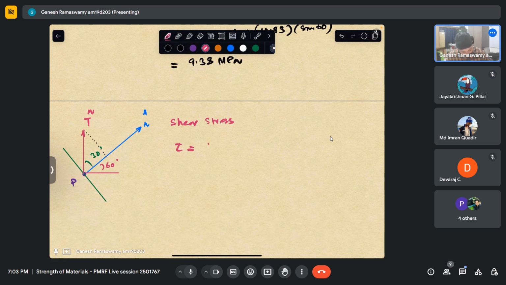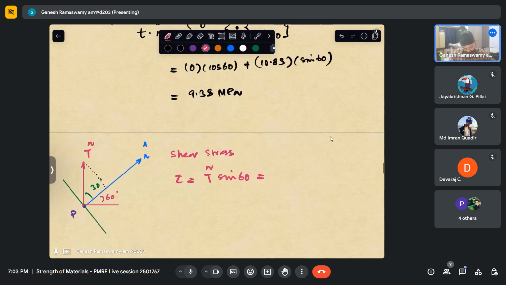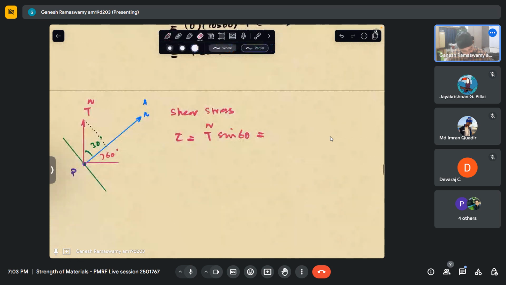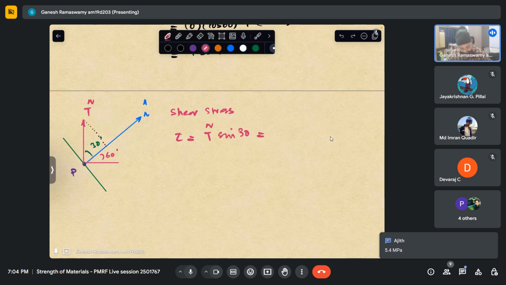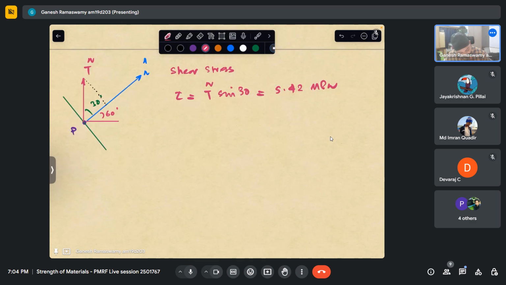Tau is nothing but Tn sine 60, which comes out to be, sorry, sine 30. So we want this side, so that is sine 30, which is nothing but half. So 10.83 by 2, 5.4. 10.83 by 2 is 5.4. This is from the geometry. From mathematics,